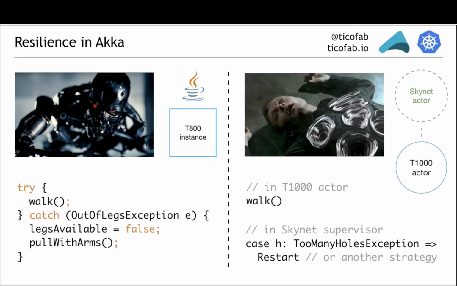Code is simpler and better separated, and when one actor is restarted, you probably want to be able to recover your state. Like, what was my name again? And this is where state management solutions come in, like event sourcing. We don't have time to discuss those, but just know that Akka has got you covered there as well. So we've seen how Akka helps us with elasticity and resilience at an application level.